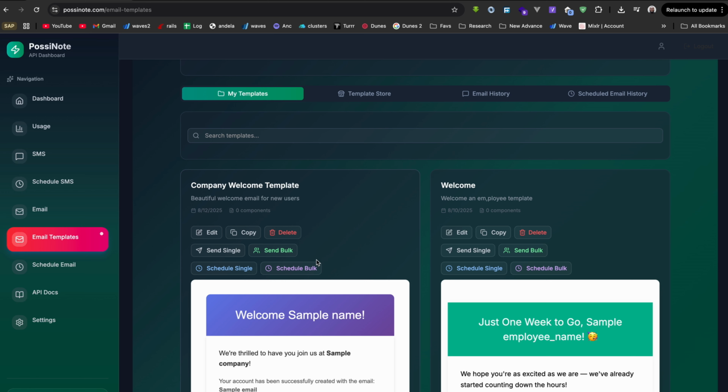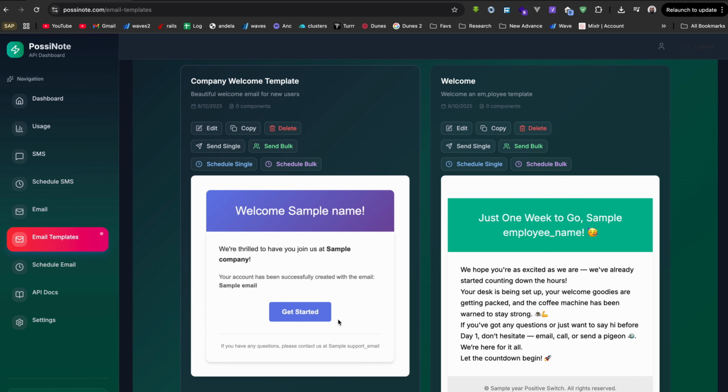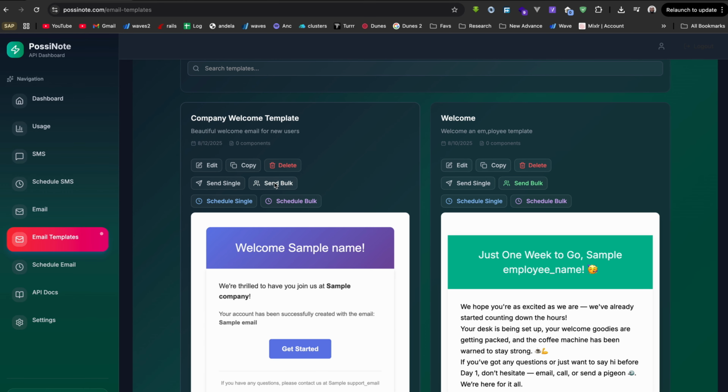So that means sending a single message with a template actually works, and it works well. Okay, so now how about sending a bulk message with the same template? This is what is going to happen. The fields are dynamic. It depends on the template you are using and the number of variables in there. So when I click on send bulk,